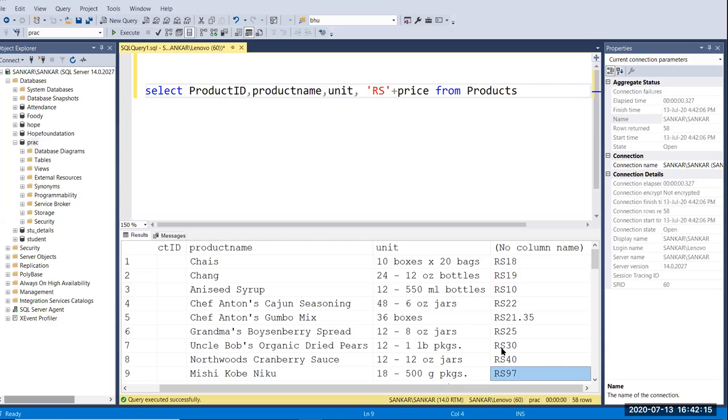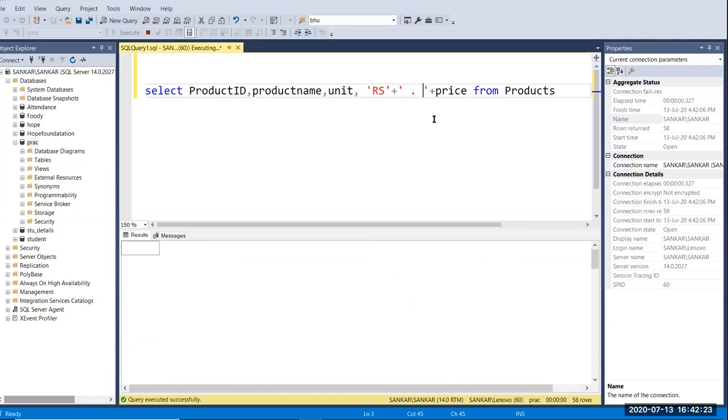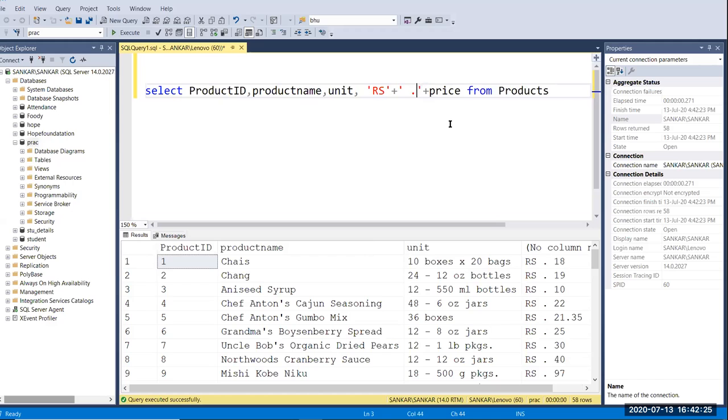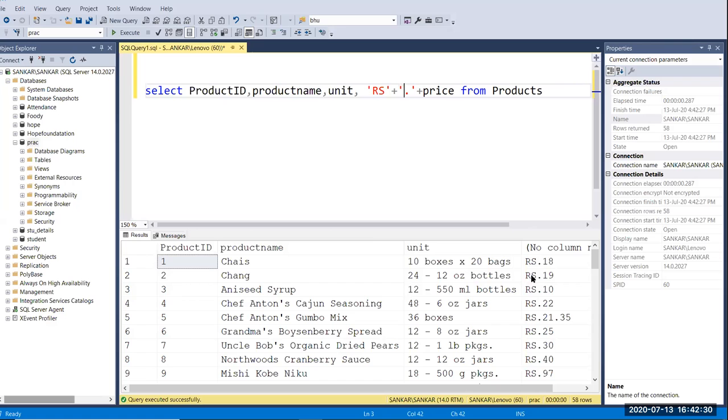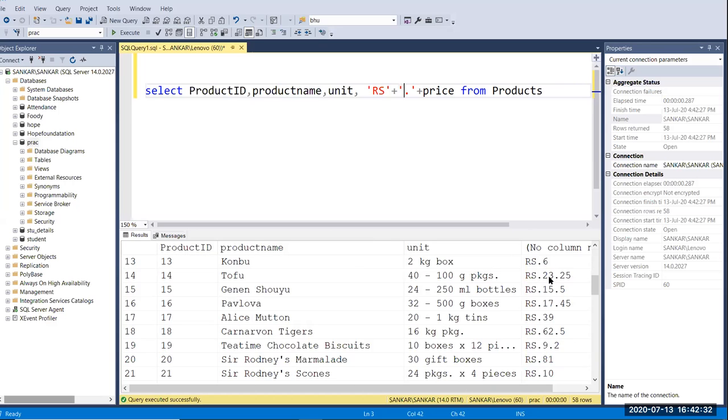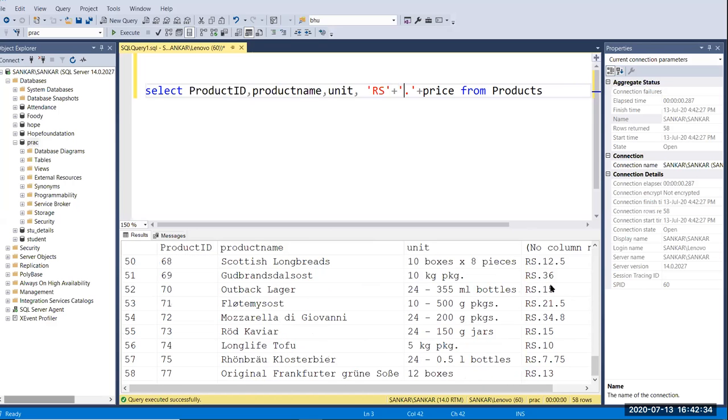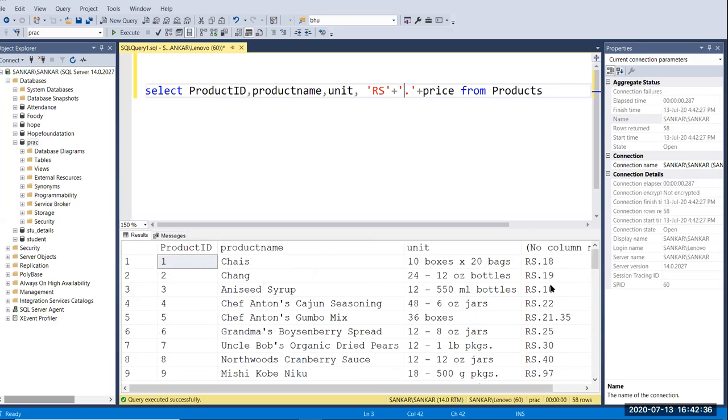Here we have no spaces, so I'm going to add some space here, just one space. Now you can see that in every record we have rs with the price.